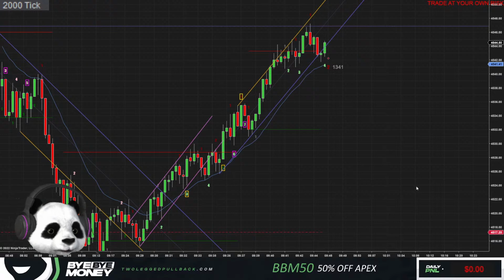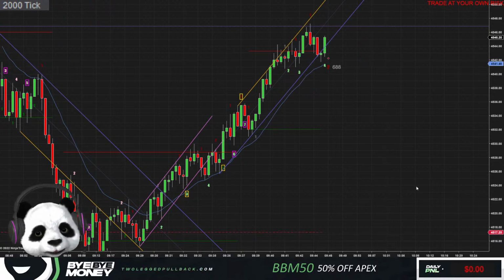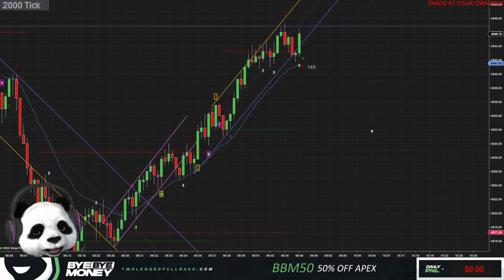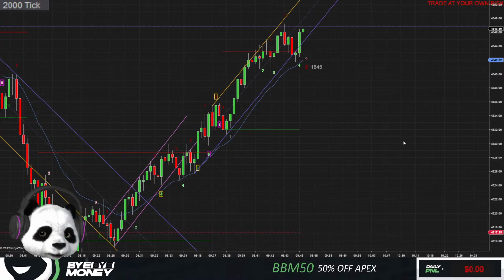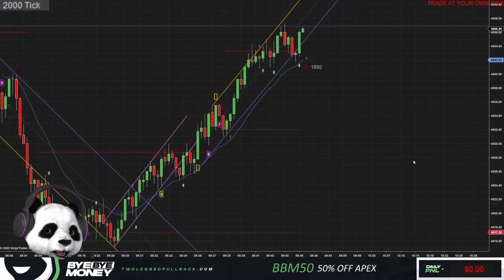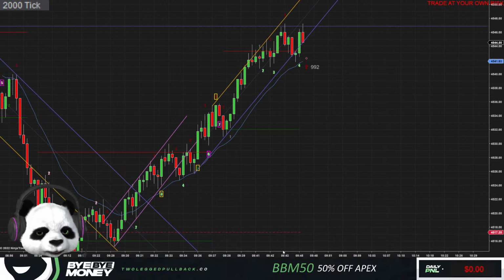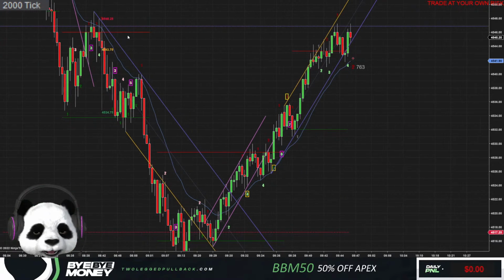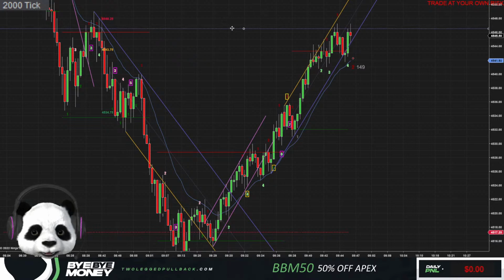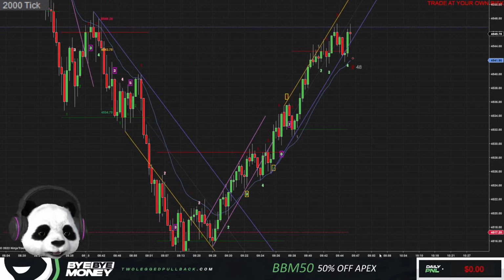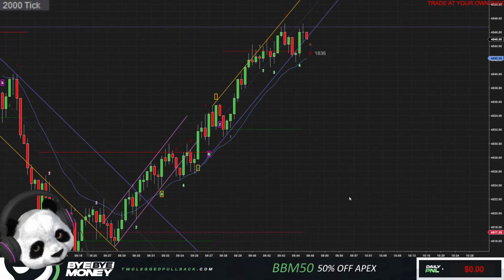We could have a two-legged pullback. I may want to go long here at this point, but no entries. I can't even go long here. We're starting to break this trend and pushing up higher. Bulls are in complete control still, and they're not shy to go long, right? They just went long on that first entry. Currently making a double top here, a double top on the double top. Interesting.